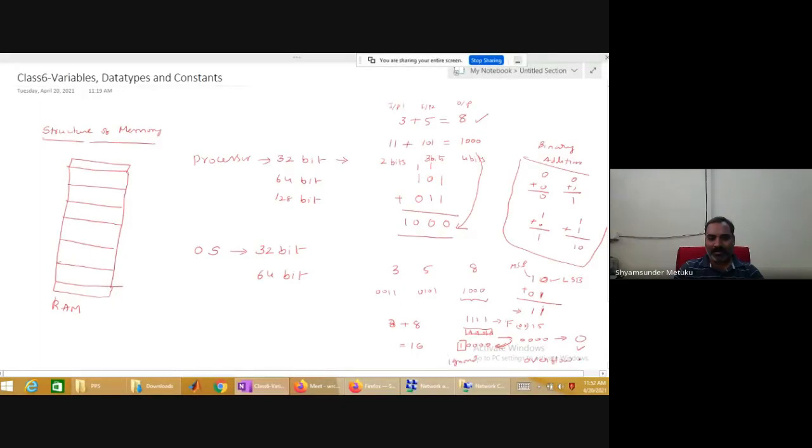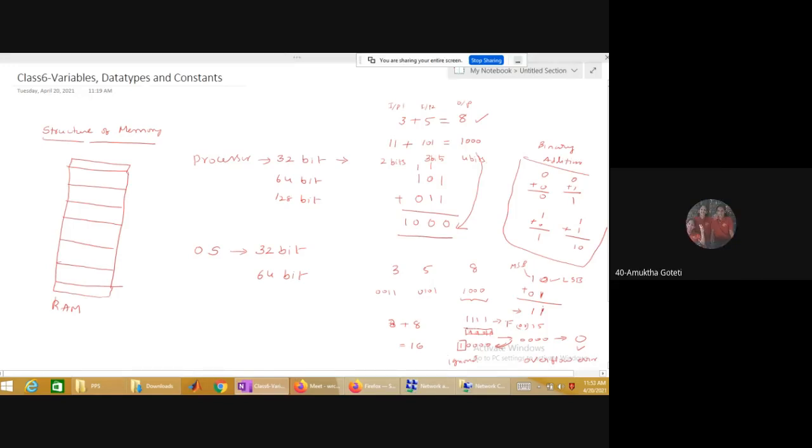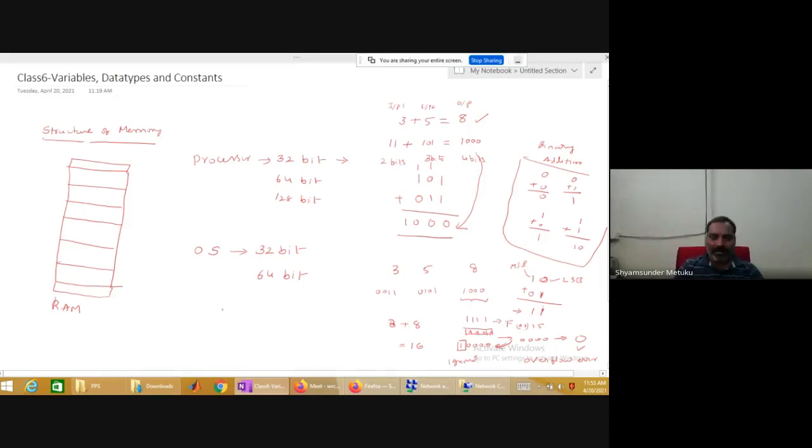What kind of error? Tell me. Overflow error. Very good. So finally, we are coming to understand that whenever I'm using a 4-bit processor at one time, how many bits can I give as input? Input should be 4-bit. Second input is also 4-bit. My result is also 4-bit. So what is the maximum answer you can expect using 4-bit? 15.